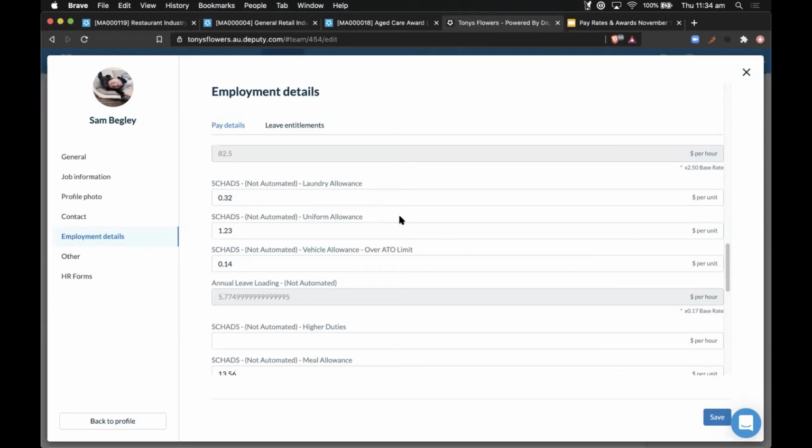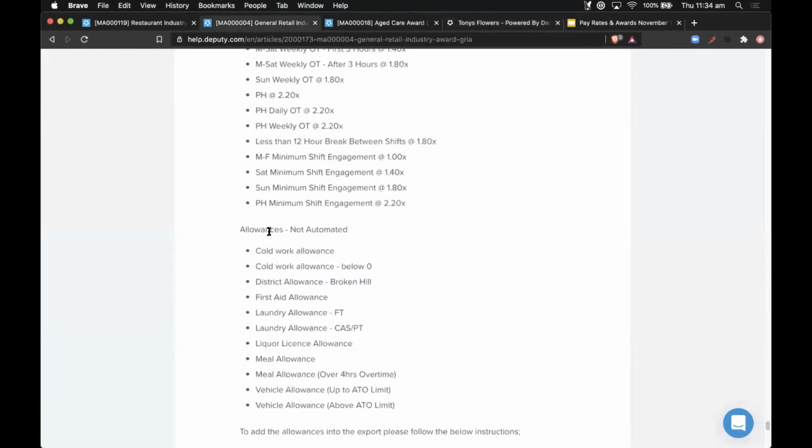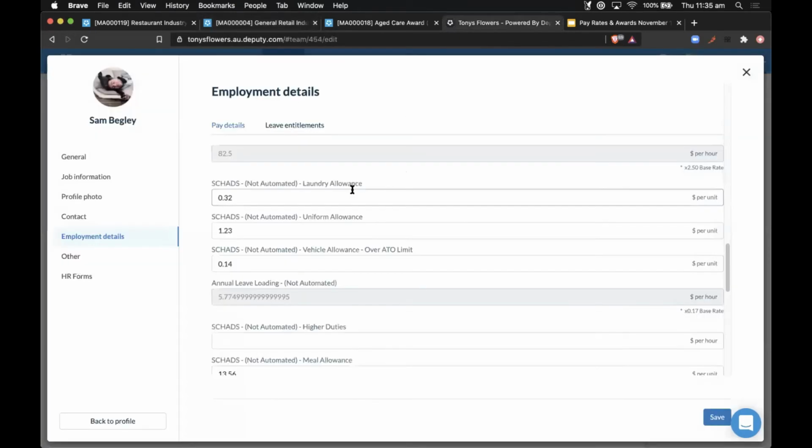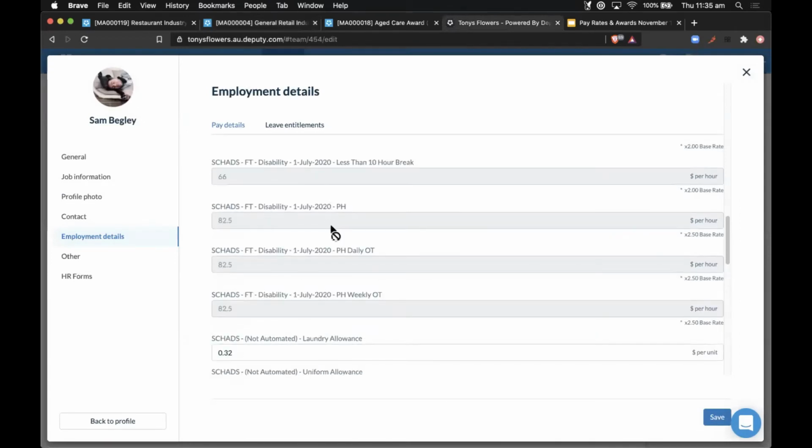But if you've joined Deputy or are looking at Deputy and you're looking at this document and you're like, yep, that's how we interpret the award, then it's going to be a massive time saver to rely on Deputy to interpret the award as well as do the time and attendance, as opposed to just doing the time and attendance and then sending off an hours timesheet to your payroll platform to say, all right, figure it out.